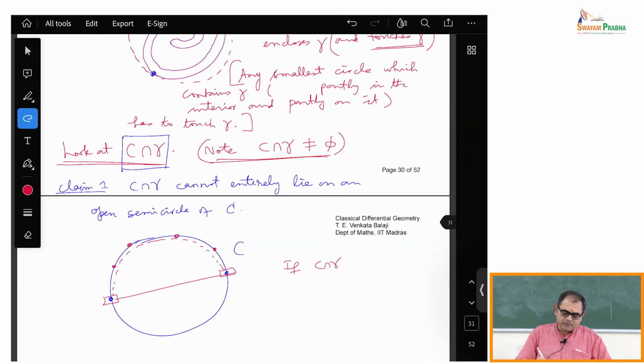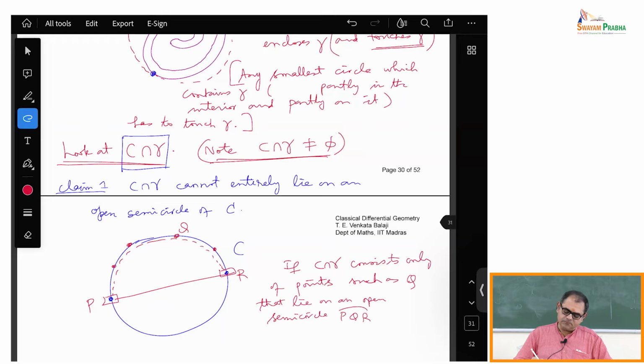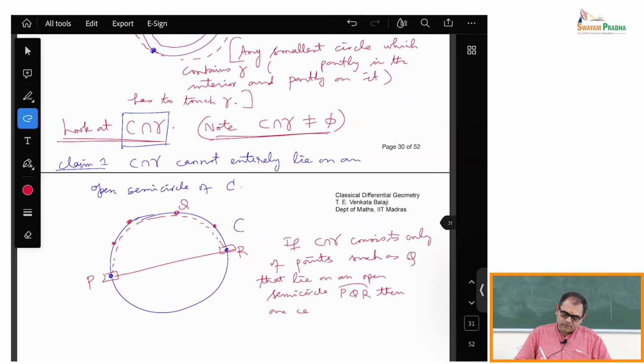So if C intersection gamma consists only of points, such as P, Q, R, that lie on an open semicircle PQR, okay, then one can slightly displace C